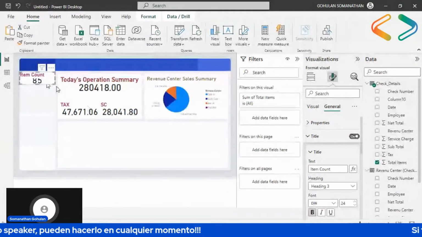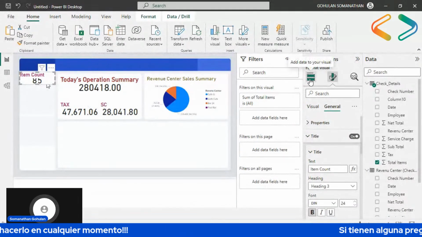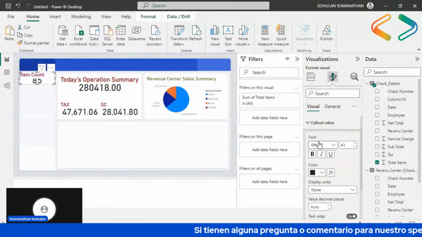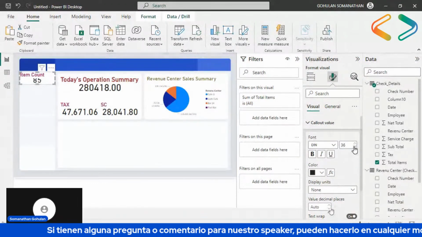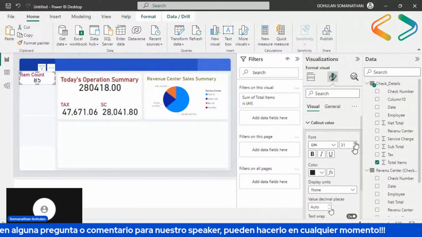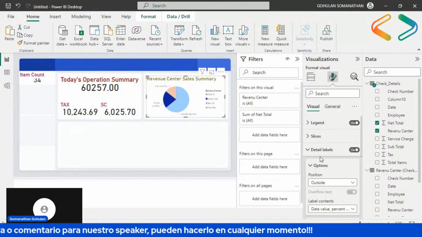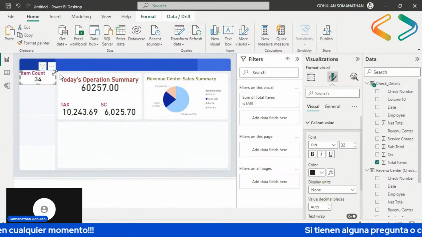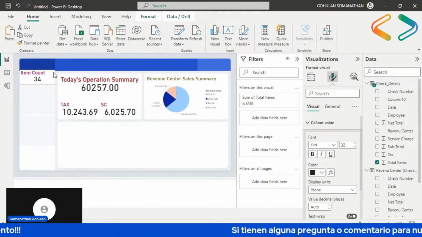So I'm going to change this visualization color as well to a pretty color value, maybe 36 or 34. That's pretty good. Yep, it's perfect.